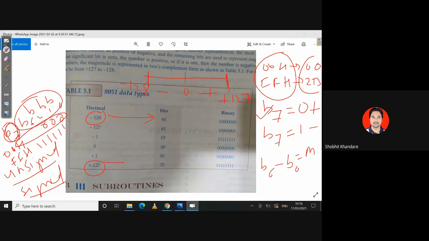That means my MSB is 1. Okay, and 128 indicates your B7 bit is 1, that is minus. So the B7 bit is 1, and the other remaining bits will be 0, all zeros. So it is 1, 2, 3, 4, 5, 6, 7, 8. So this represents 8, and this represents 1, 2, 3, 4. Yes, this represents 0. So can you see here 80?